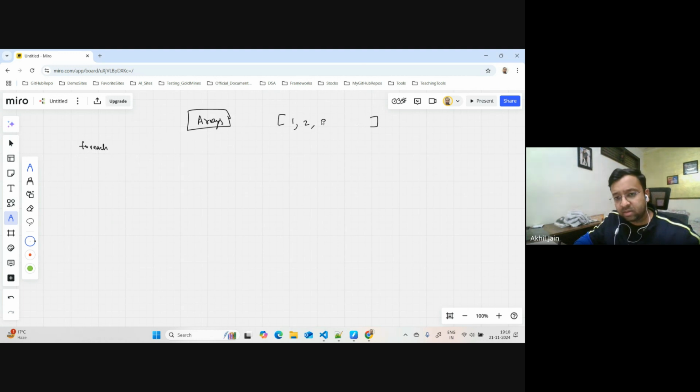1, 2, 3, these are different values, these are different items of the array. These are the values, and these are the index positions 0, 1, 2, 3, 4, and this is the entire array. So what is the purpose of forEach? The purpose is that you want to iterate through all the items one by one,